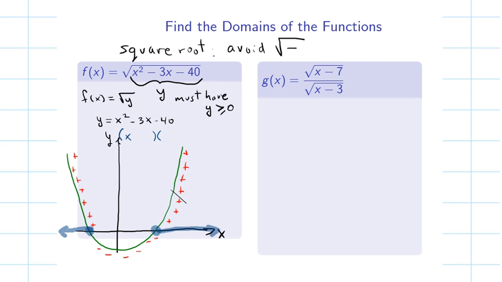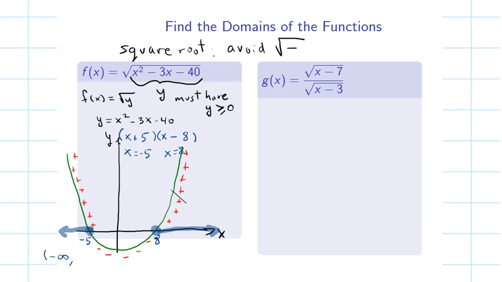We want to factor this polynomial, and I actually know the answer. It's going to be x plus 5 times x minus 8. If you're not sure how to do that, that's a good reason to make an appointment with one of our course tutors and ask about factoring quadratics. So this factor corresponds to x equals negative 5. This factor corresponds to x equals 8. So here's 8 over here. Here's negative 5 here. And that means that the domain